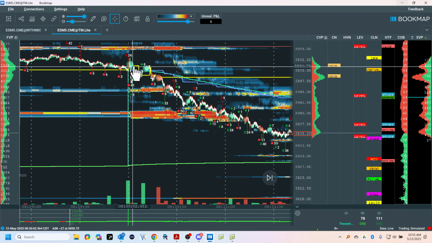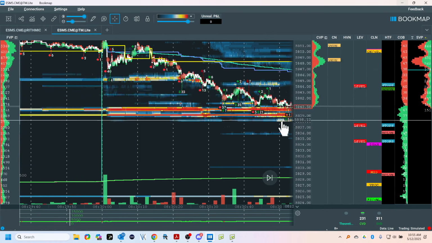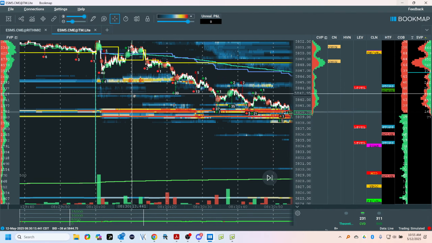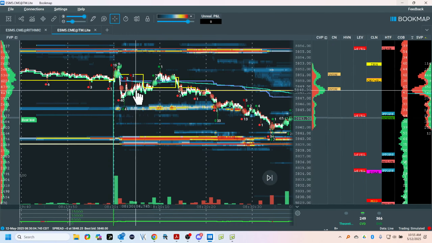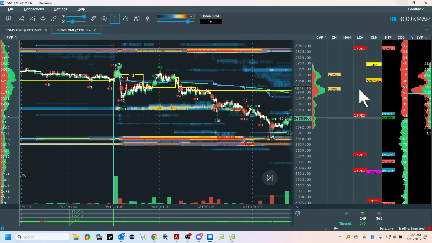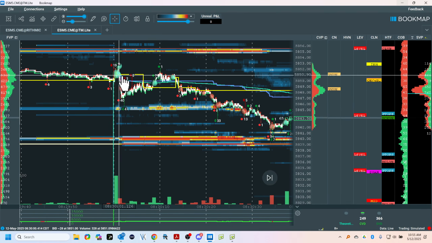I use the participant behavior because I can open this up using a high tier order flow tool like Bookmap, and I can see inside. And I want to see inside while everybody else is waiting on the clock. Now, here's the point I'm trying to make. If the last full auction, which is the ETH, is too high, and now I go down in another time frame or fractal to the developing time frame, this yellow line is the retail price or highest volume. It starts at 0 at RTH open, 8:30 Central Time, my time.